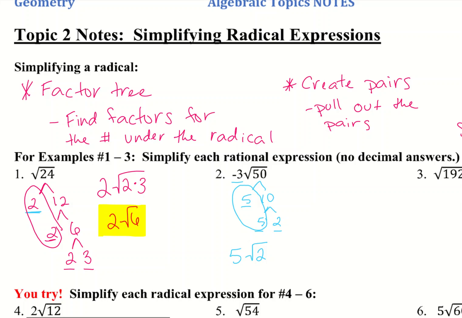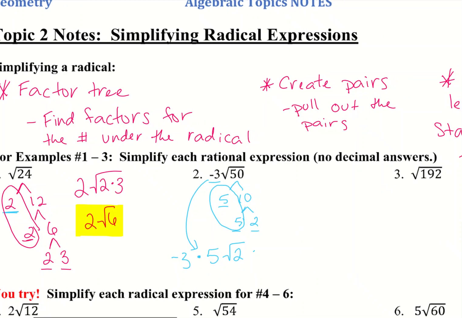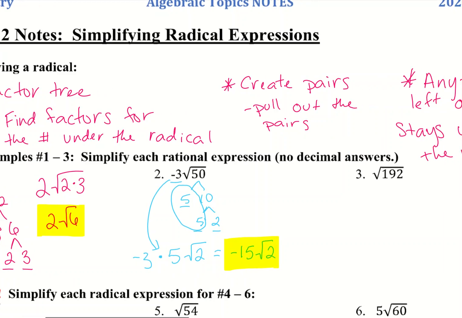And remember, I said we don't want to forget about that negative 3, so that's still going to stay out front and it's being multiplied to the 5. So let's go ahead and simplify that. That will give us negative 15 square root of 2. Okay. Alright, and let's try this last one,